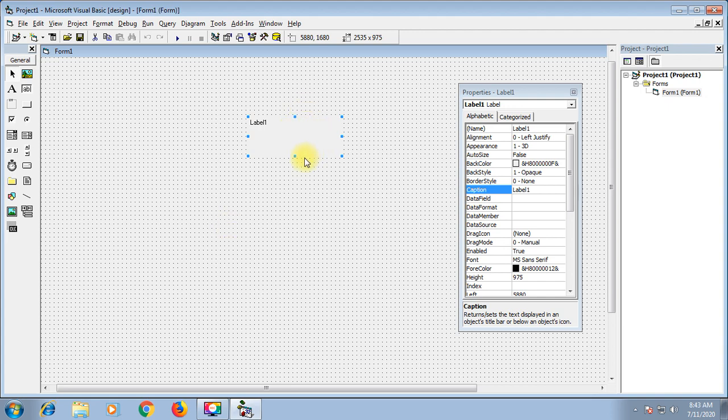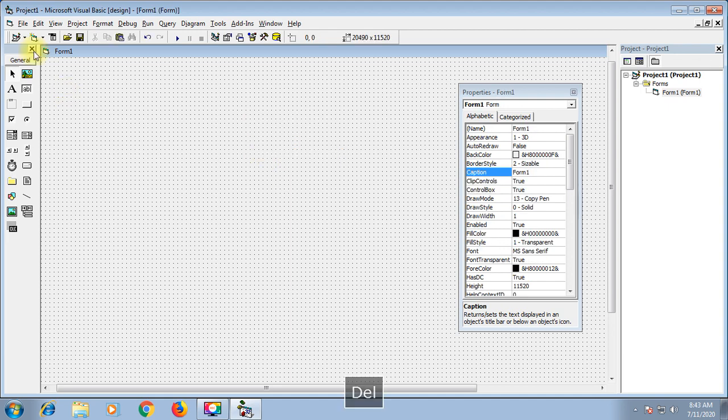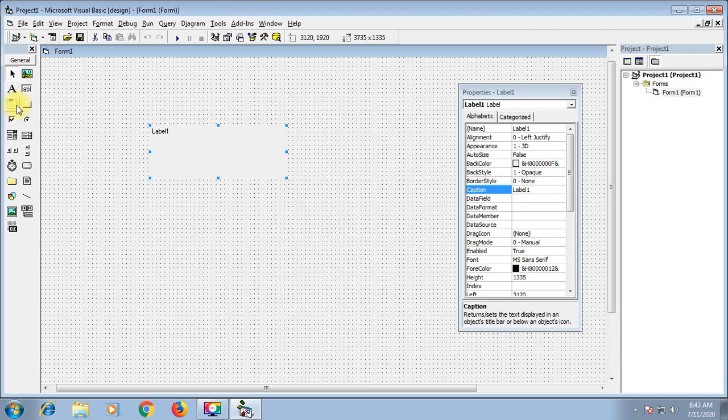So girls, the toolbox is used just to select the control and draw it on the screen. That is all the work of the toolbox: you select the control. Then you have to forget the toolbox, and everything will be done through this properties window. Everything has to be done here on this properties window.